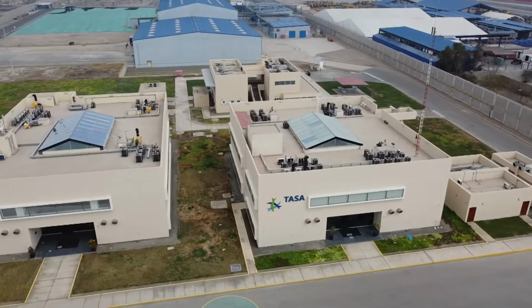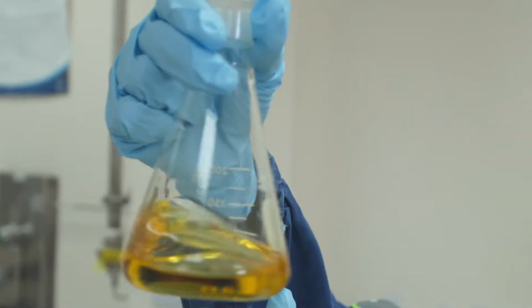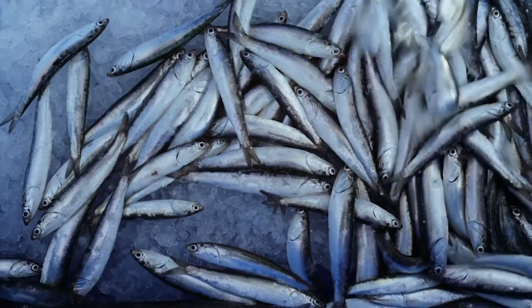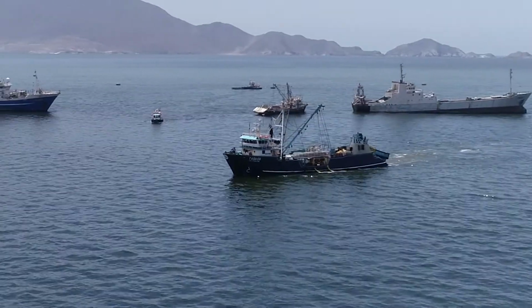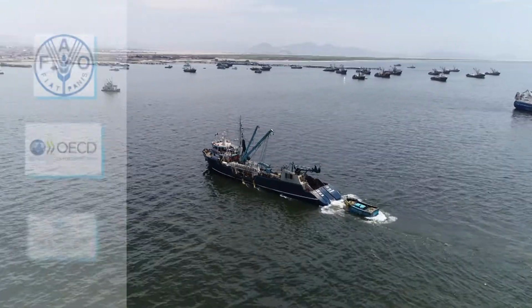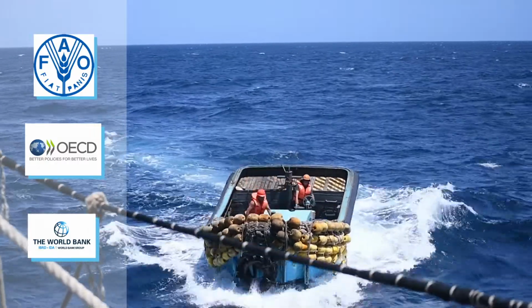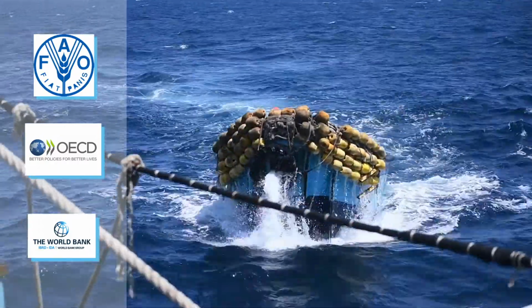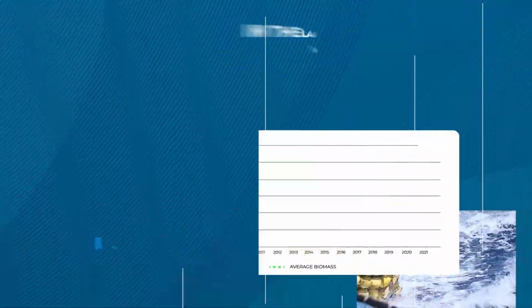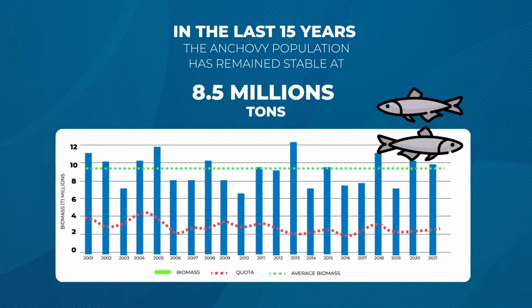To know the importance of the oil we produce, we must first talk about the anchovy. This species inhabits the Peruvian Sea, and its fishing is regulated through a quota system that has been recognized by international organizations such as FAO, OECD, and the World Bank, among others. Due to its good management, it has allowed the biomass of anchovy to remain constant at an average of 8.5